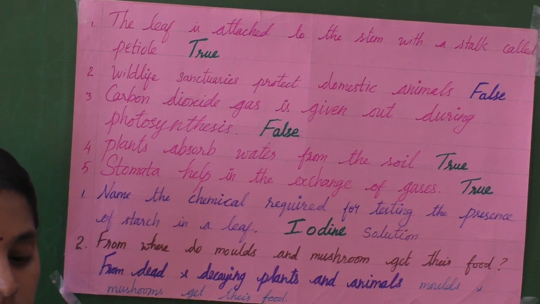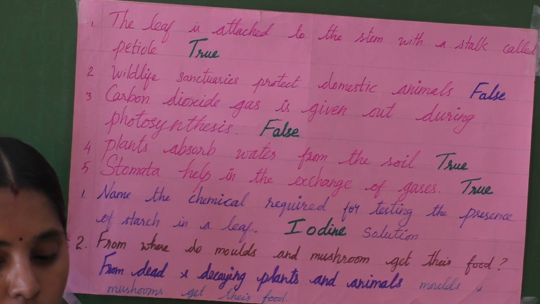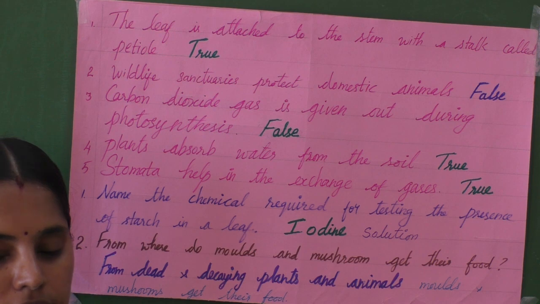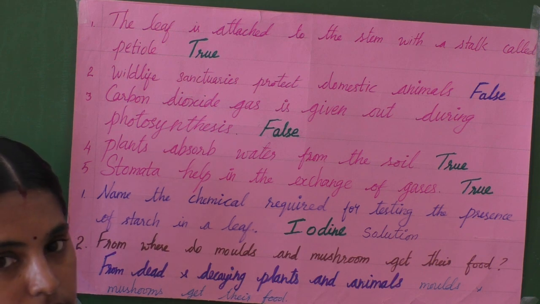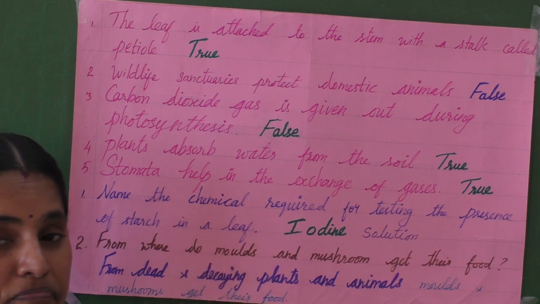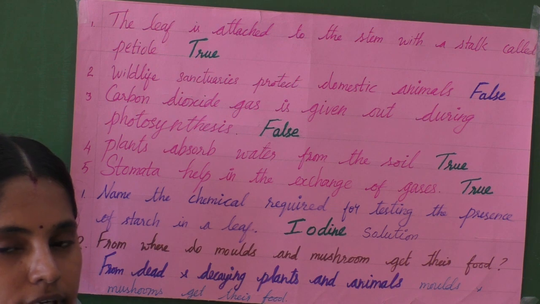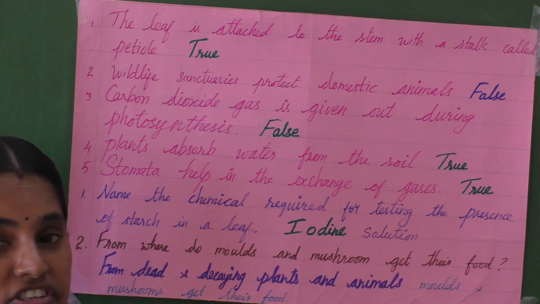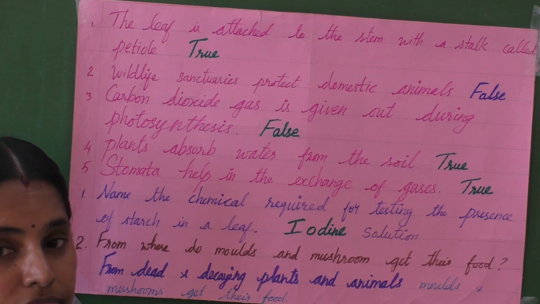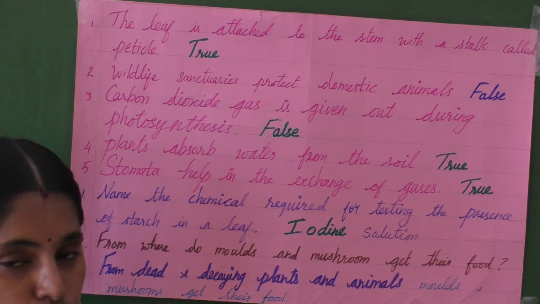Then go to the next section, called D. Answer these questions in one or two sentences. Up to C you have to write in your book in pencil. From section D onwards you should write in the classwork note.